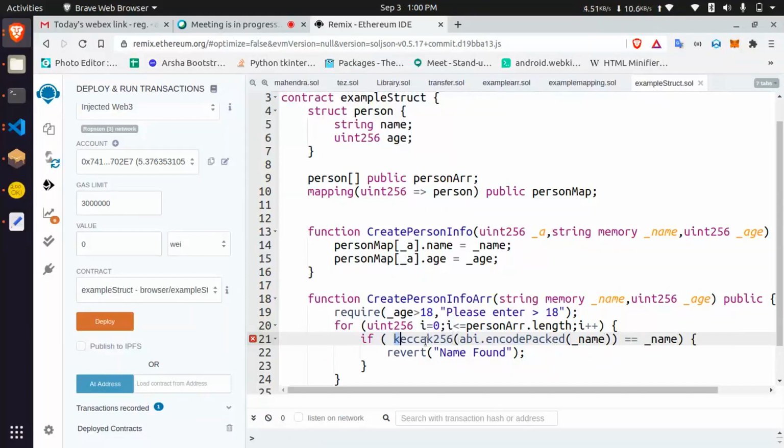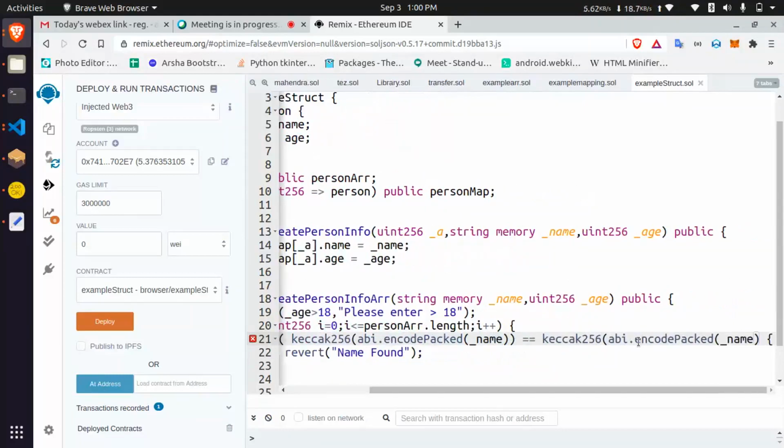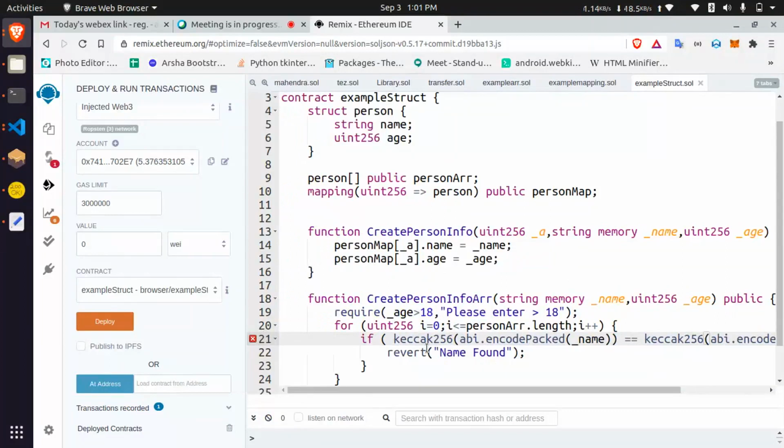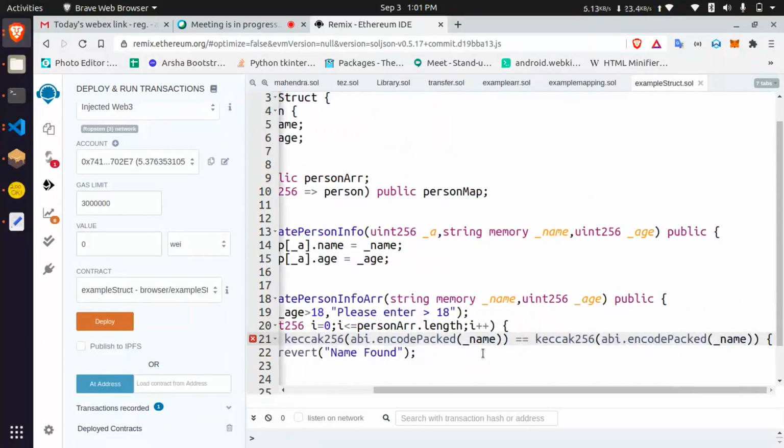We need to do the same here. Braces issue.